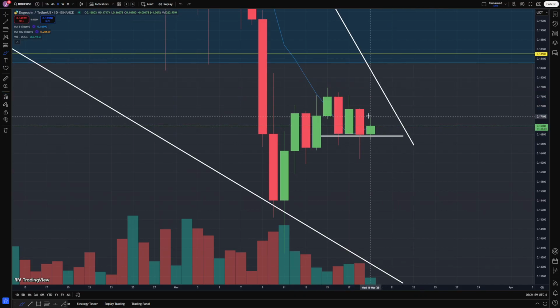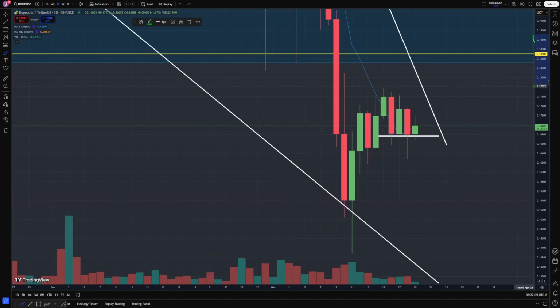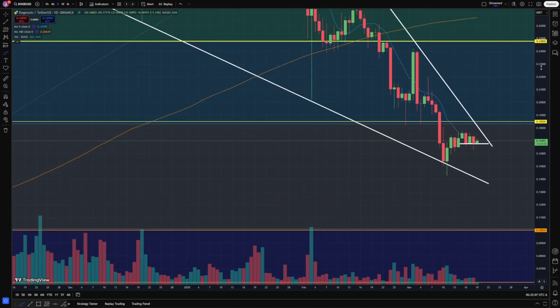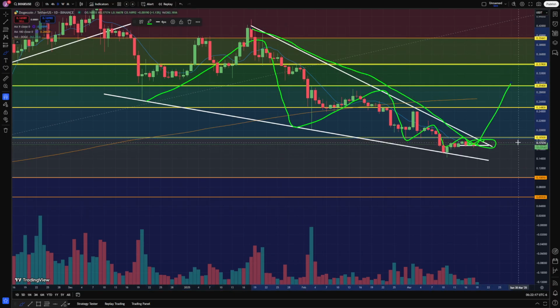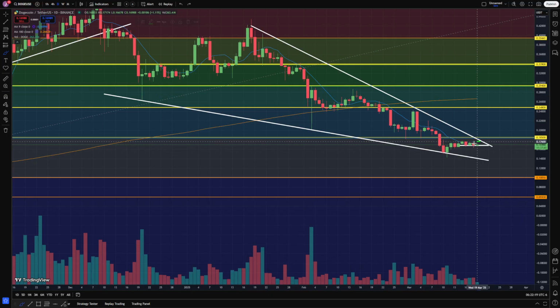If we can really find support on that 9 moving average, start bouncing on it and push to the upside, then maybe we can finally break the resistance on this falling wedge pattern that I've been watching on the daily time frame. All we have to do is just break this resistance right here, going to the upside, and then maybe we could start getting bullish again and start targeting the Fibonacci retracement levels going up at least, or even possibly the